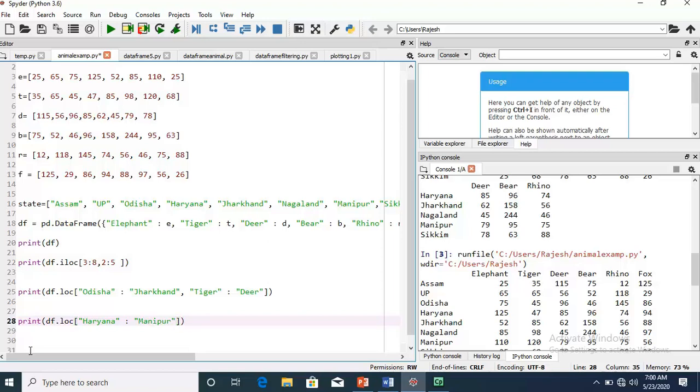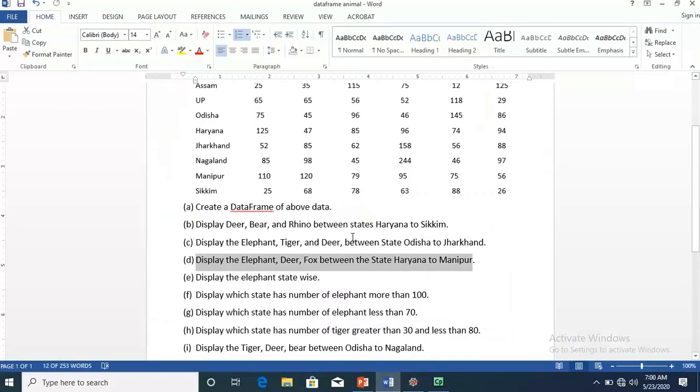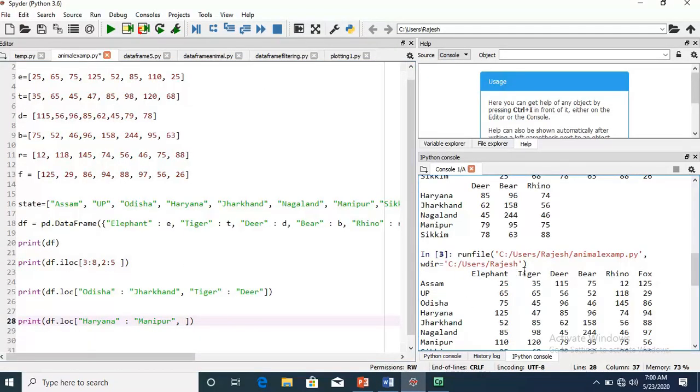Then a comma. Here one thing to notice: the animals we require are elephant, deer, fox. You just see they are not in a sequence. When the columns are not in a sequence, you can use another list inside the LOC or ILOC.